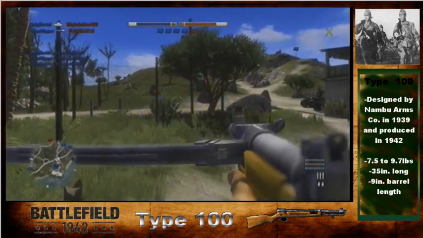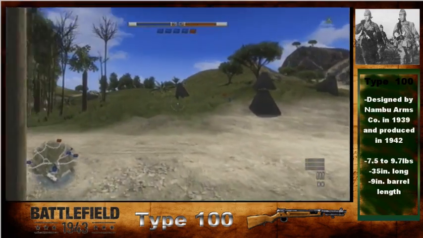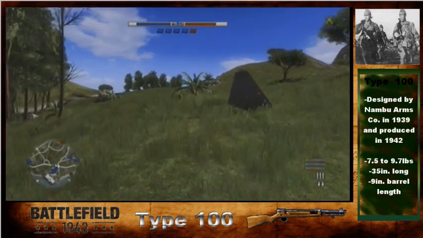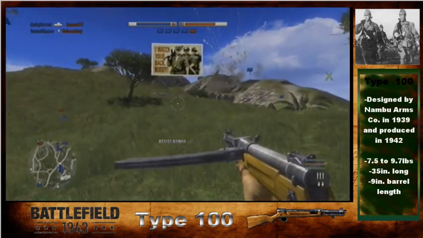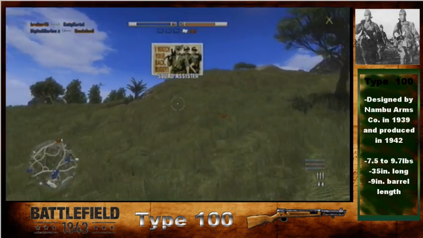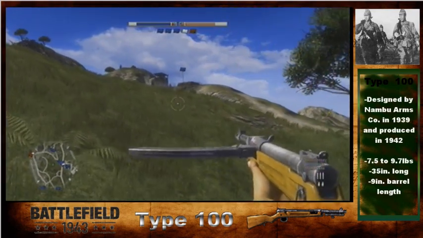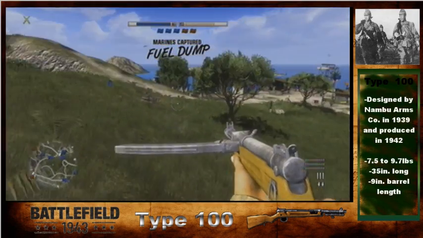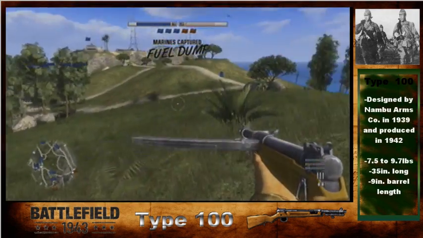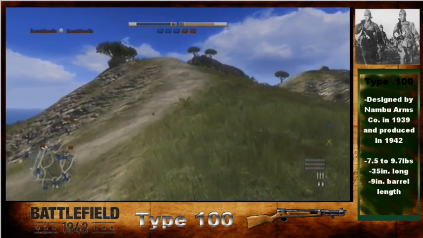The cartridge, it uses an 8 by 22 millimeter Nambu. The caliber, it's an 8 millimeter caliber gun. Blowback, obviously. Muzzle velocity 335 meters per second, which equals out to 1100 feet per second. Pretty decent. The feed system, it only takes a 30-round detachable curved box magazine, which you can see on the